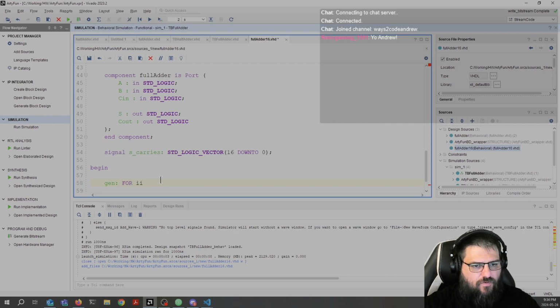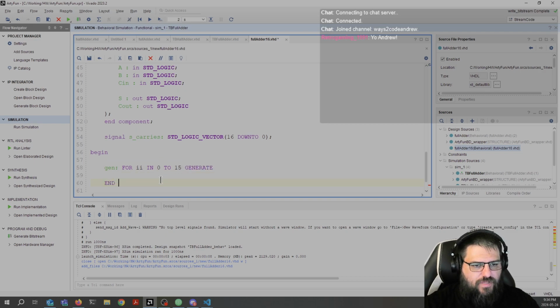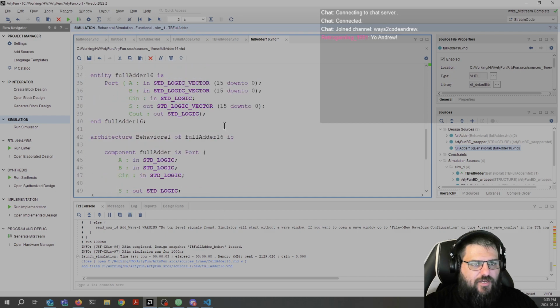So the structure of a for generate in VHDL is you need to set the range. We know that we have 16 half adders, so 0 to 15, generate. And now we will do the end generate, and we can use the same name over there. Okay. So now I will need to do some arithmetics, and when you do some arithmetics, you will need to